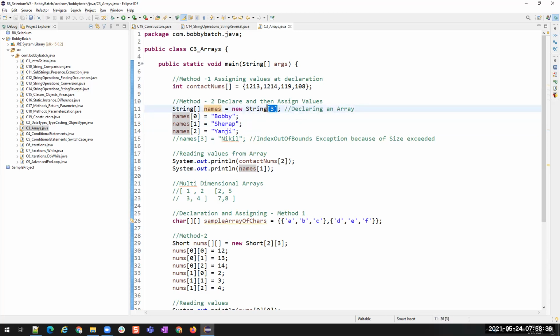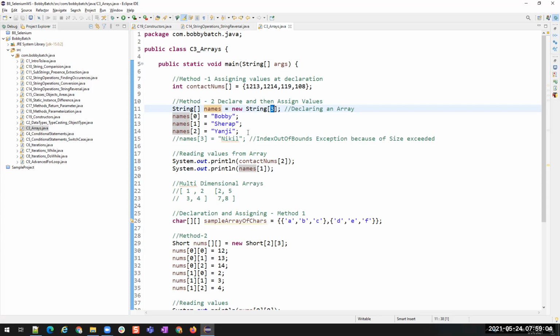Even though you mentioned size 3 and you stored only one value, even though you don't mention anything in the other 2 values, they will still be allocated and will be empty. So while we are storing 1 value, we are allocating 3 spaces. There won't be anything inside, but the memory will still be blocked for those 3 values.